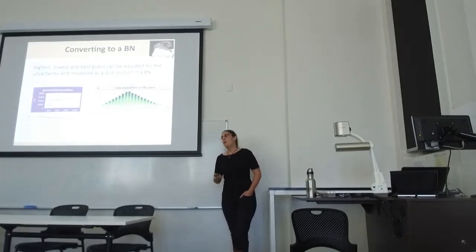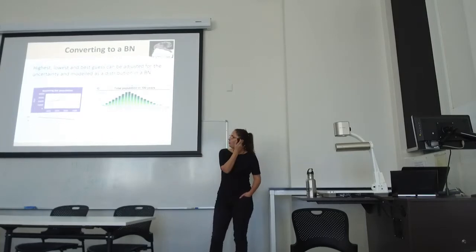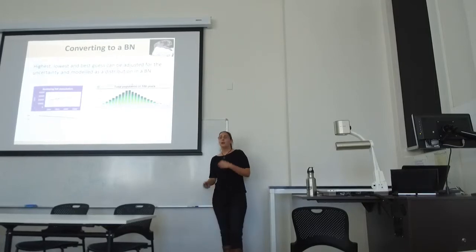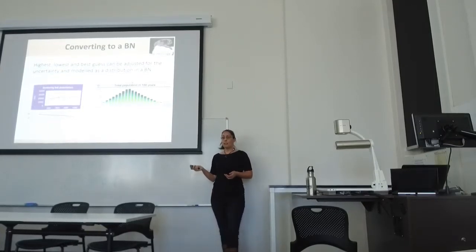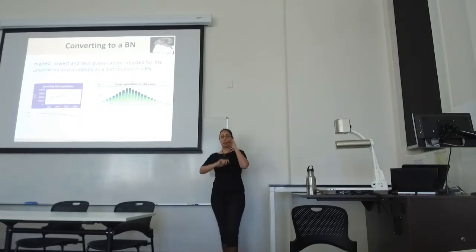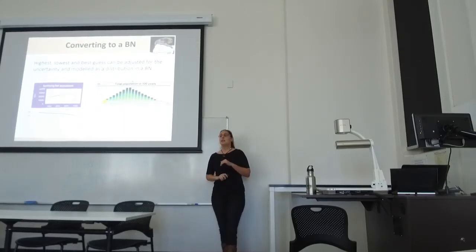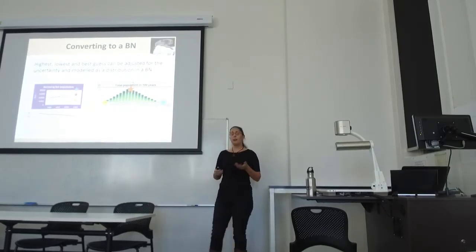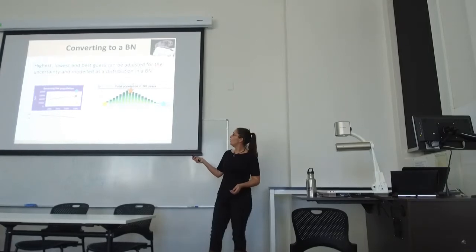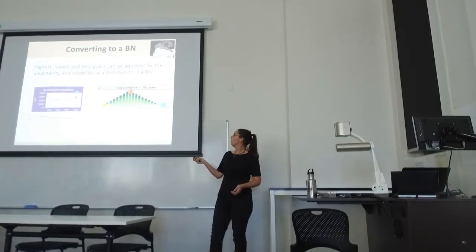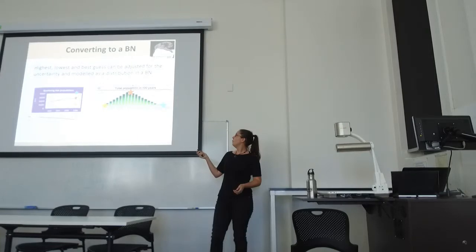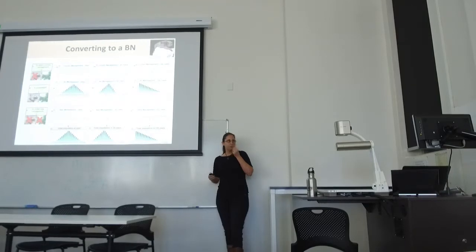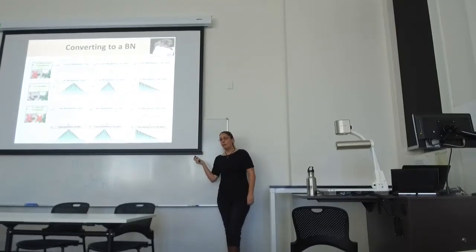So getting back to how we might put this into the network, this is the one Sam and I have been working on. We can take the highest, lowest, and best guess estimates. We can adjust and scale them based on the certainty that we've been given, so they're all within a certain confidence level. Then we can take the lowest, the best guess, and the highest values, and create a distribution. So we see this is the lowest guess, this is what they think is most likely to be, and that's the highest they think the population will get to. This is using the Genie Bayesian network software now.